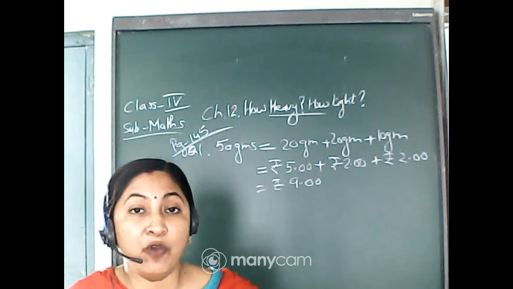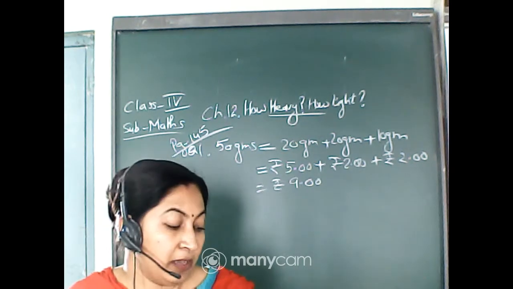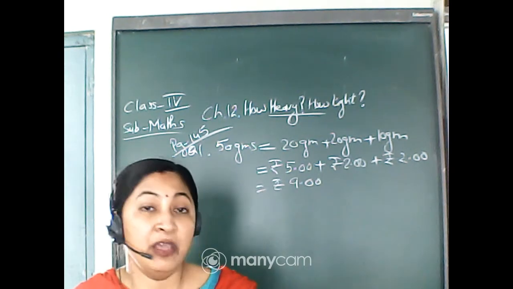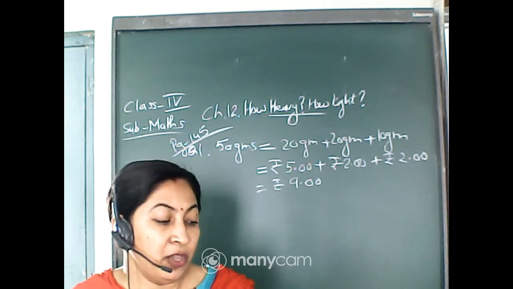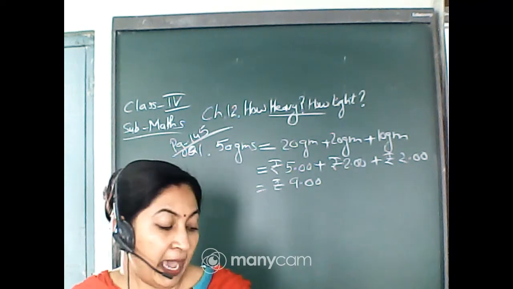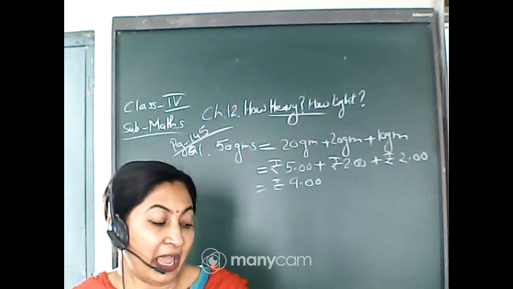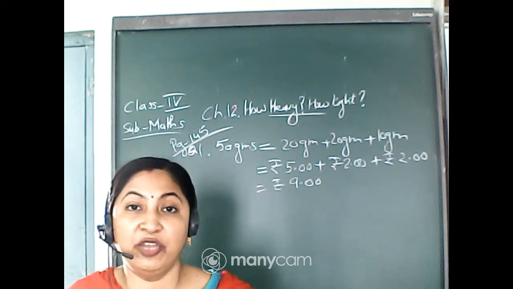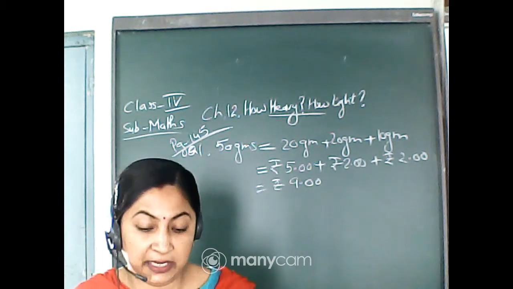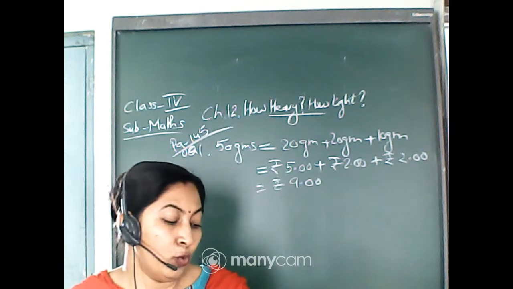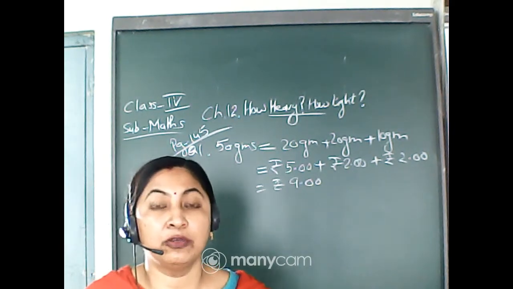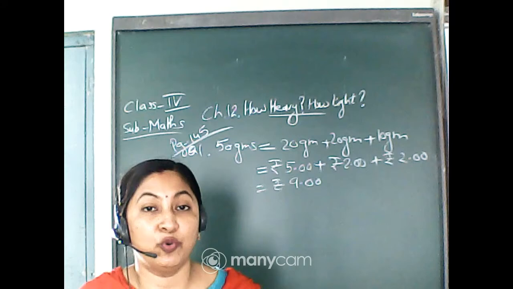That means now you will see the column of parcel. For parcel, it is written 50 grams or less you have to give 5 rupees stamp, and next it is written for every additional 50 grams you have to give 3 rupees extra, isn't it? So same way you break this 200 gram. The weight of the Math Magic textbook is 200 gram.